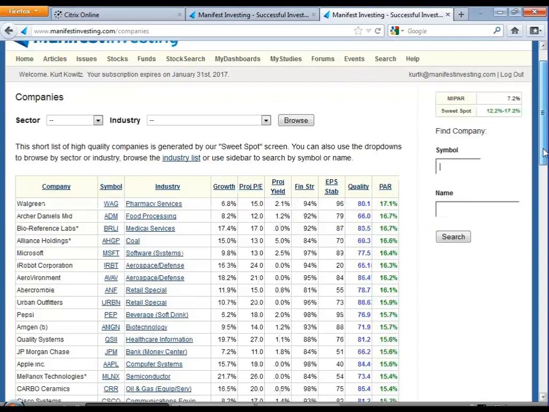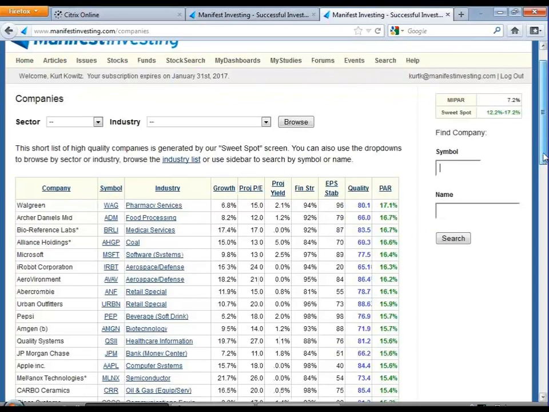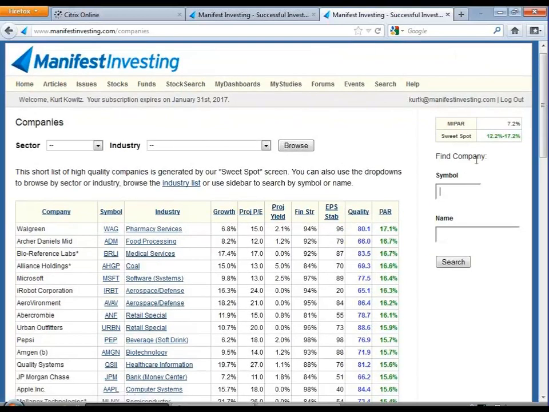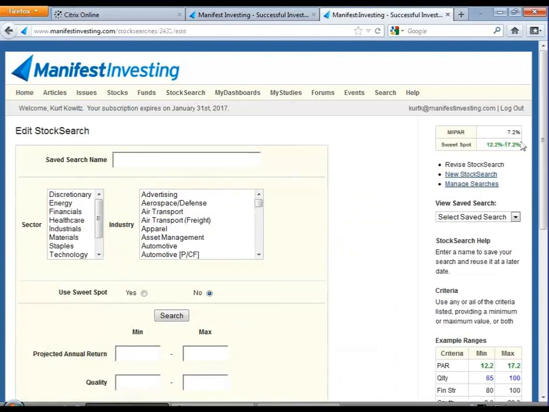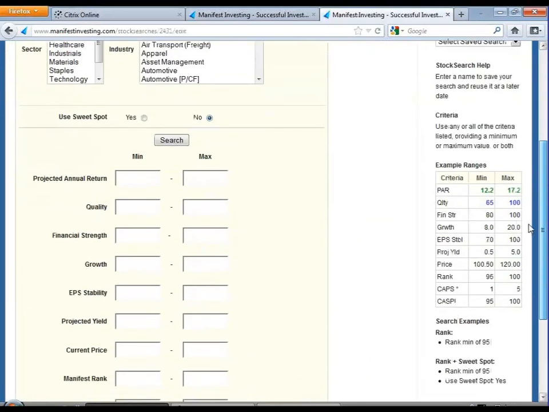But as we were discussing right there, Mark suggested that we look at growth as well as quality and par. And the stocks page simply limits our candidates to the sweet spot and quality above 65. So while it's a great stopping point or a one-stop shopping list for ideas, we can do better by using the stock search. So we'll go to the stock search,